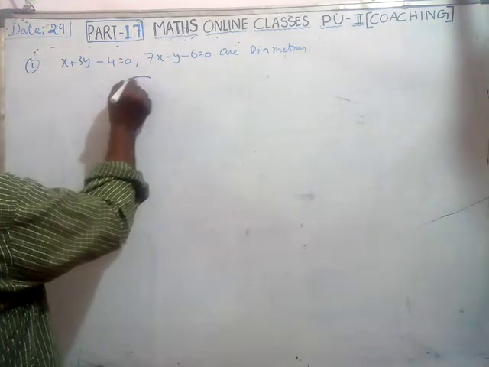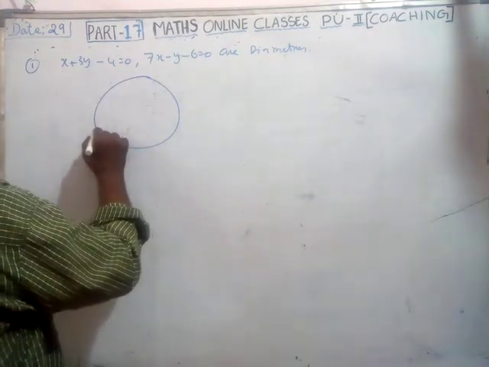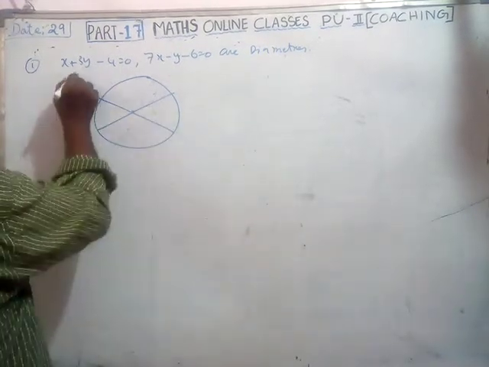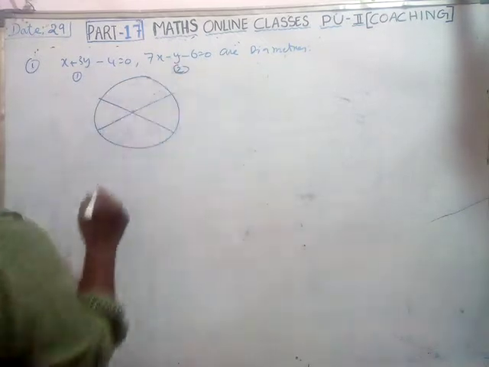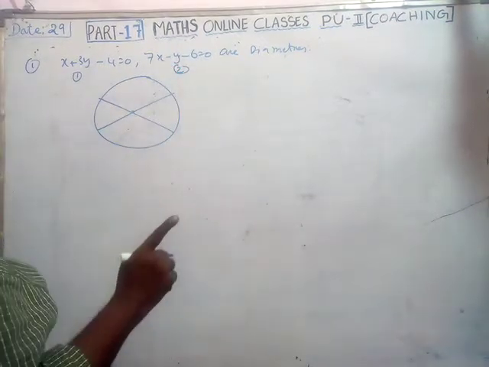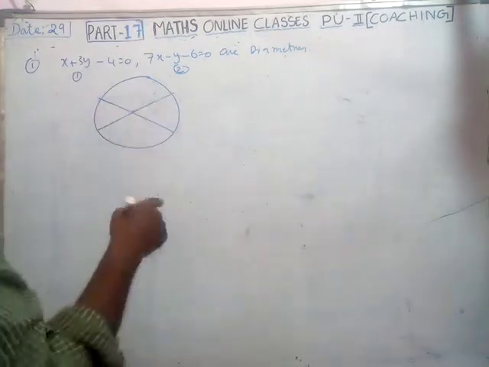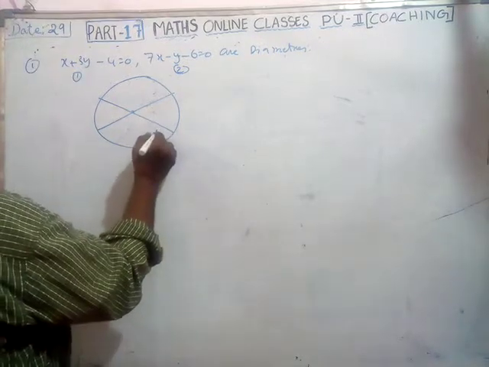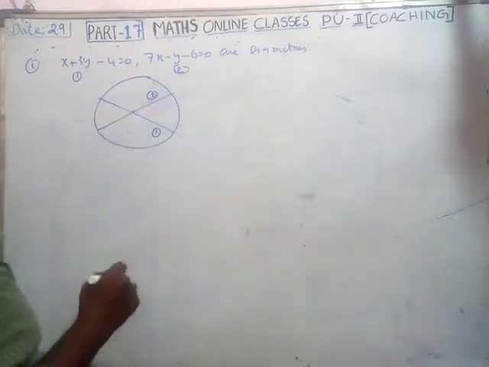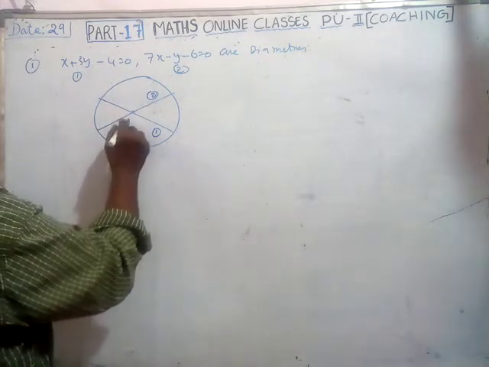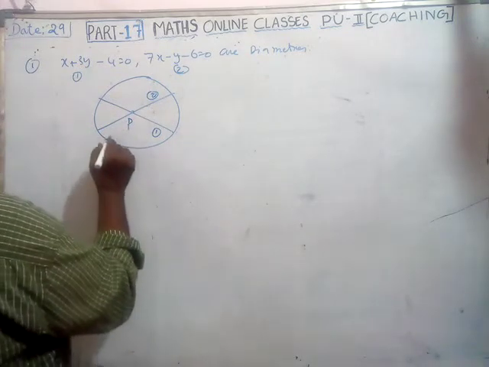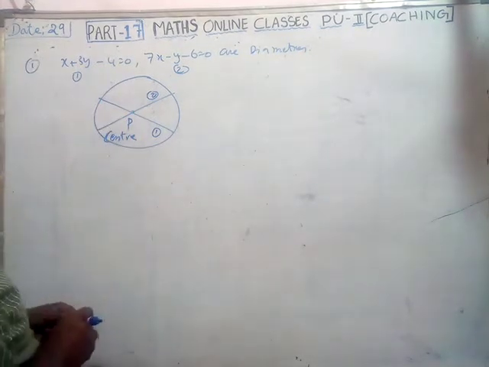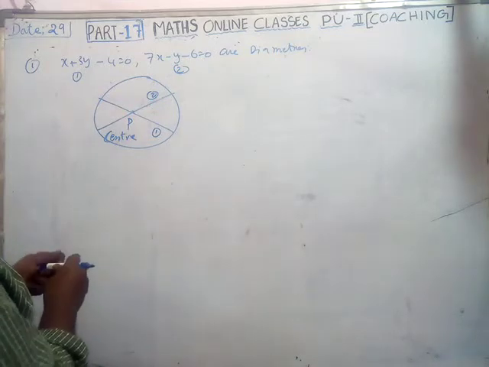Whenever you see a diameter of a circle, it always passes through the center. Say this is one, this is the second diameter. There are an unlimited number of diameters in the circle. The first one is denoted by equation 1 and the second one by equation 2. But the two diameters, no doubt, will intersect at the center. This is called the center of the circle. So in order to get the center of the required circle, I have to solve them.